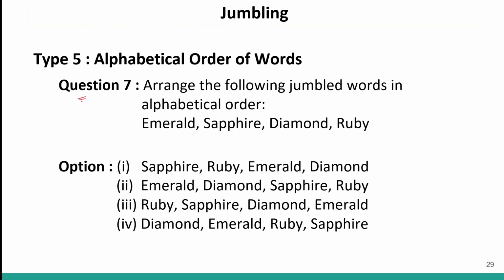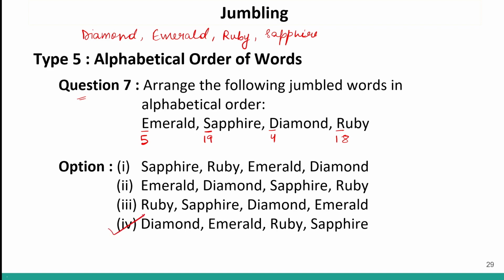Now, question number 7. Emerald, sapphire, diamond and ruby. So E is 5, S is 19, D is 4 and R is 18. Correct? So the first word will be diamond, then emerald, then ruby and then sapphire. So the correct sequence will be diamond, emerald, ruby, sapphire, which is option number 4. So option number 4 will be the correct